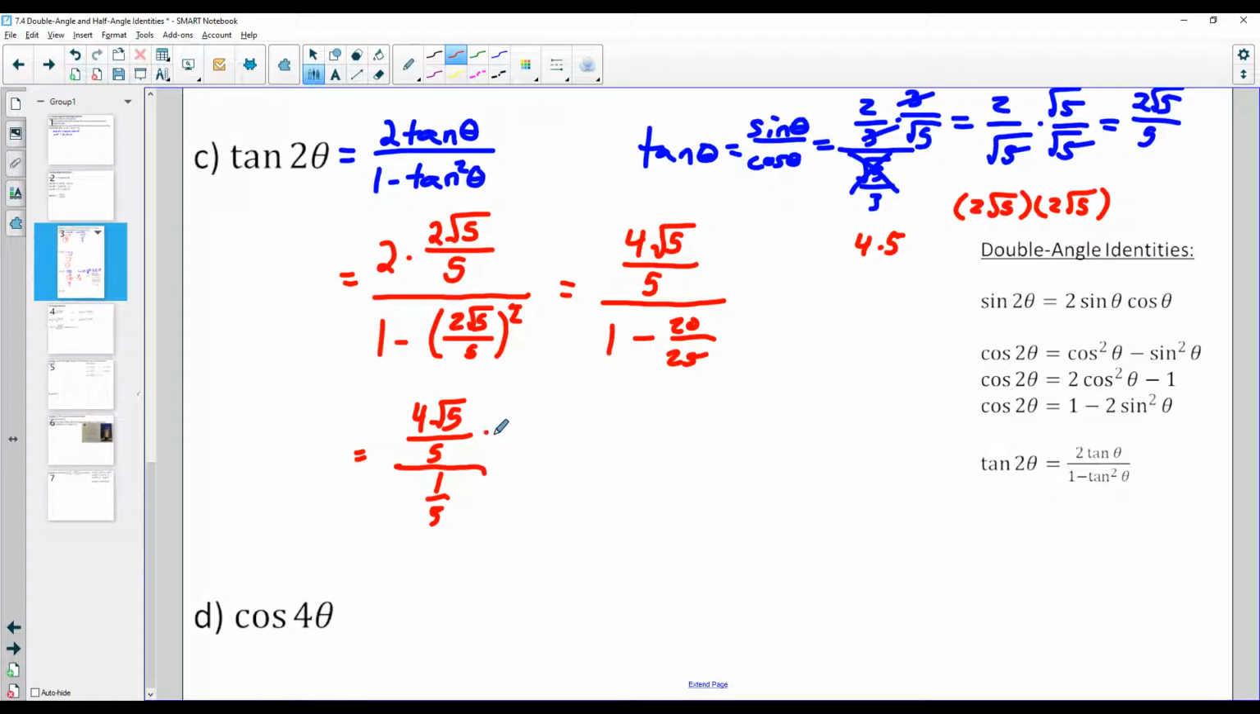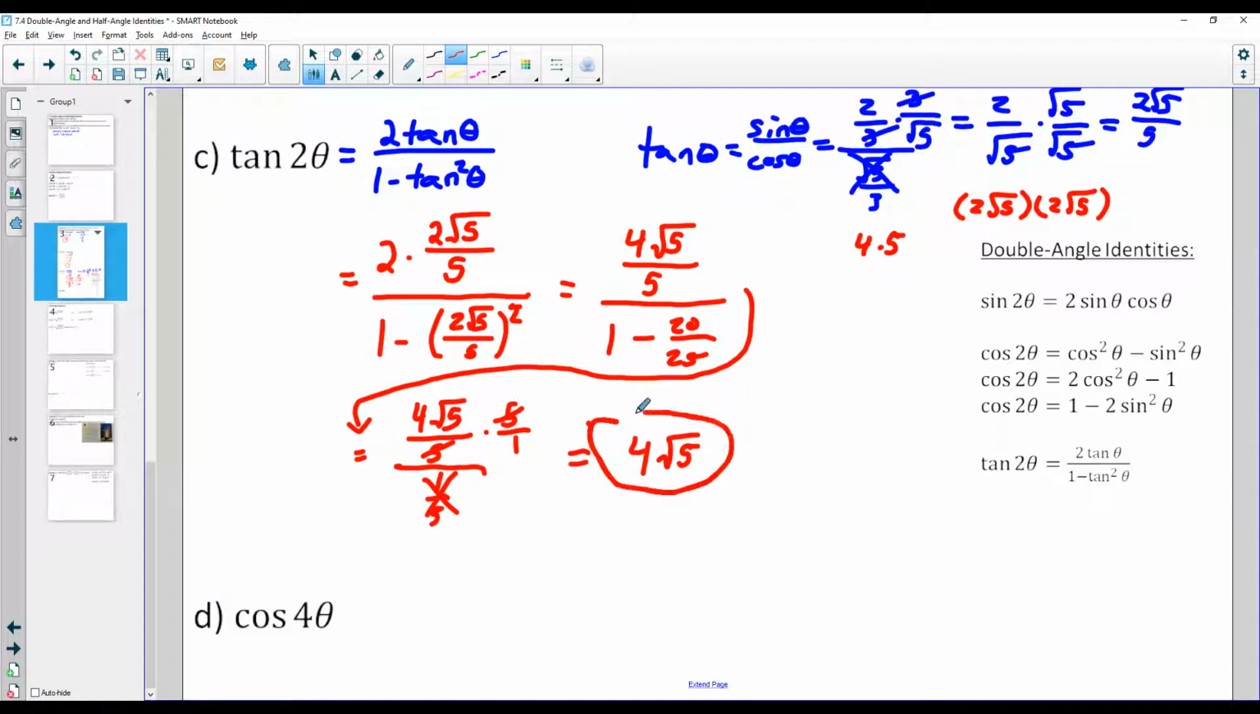Again, dividing by a fraction is multiplying by the reciprocal. So ignore that. 5's cancel. We got 4 square roots of 5 divided by 1, or just 4 square roots of 5. And maybe I'll draw an arrow down here so we know what happened. And here is our answer for that one. Now,